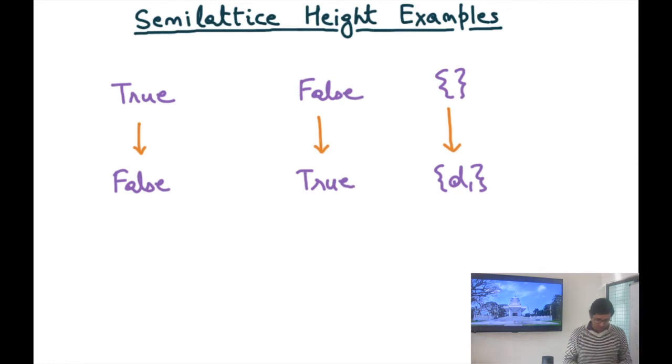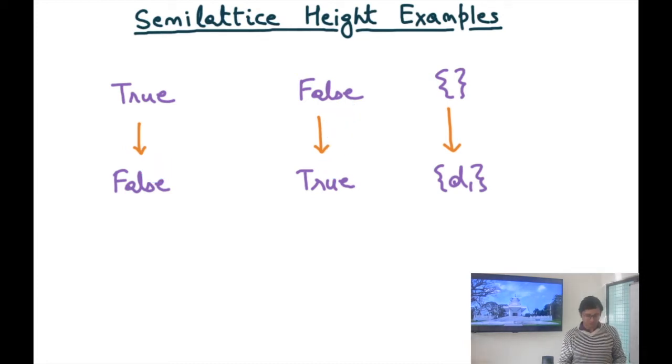For example, let's say my semilattice has two values, true and false, and let's say my less than or equal to relation is represented by this graphical notation. So false is less than or equal to true. Then what is the height of the semilattice? It's just 2, or maybe even you can say 1, because the length of the longest chain is one edge or two nodes. It's a matter of convention whether you want to count the number of nodes or the number of edges. I'm going to count the number of nodes, and so I'm going to say that the height of this semilattice is 2.